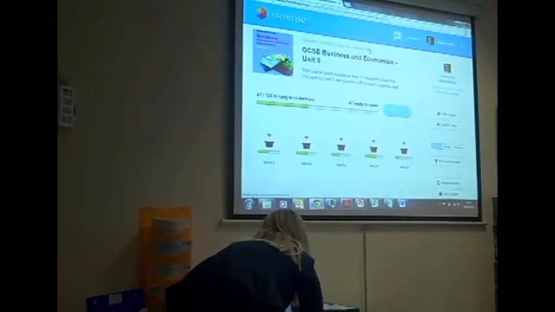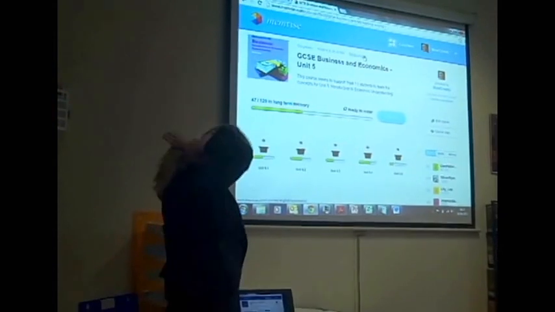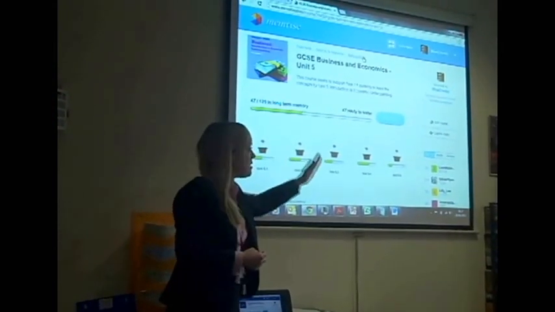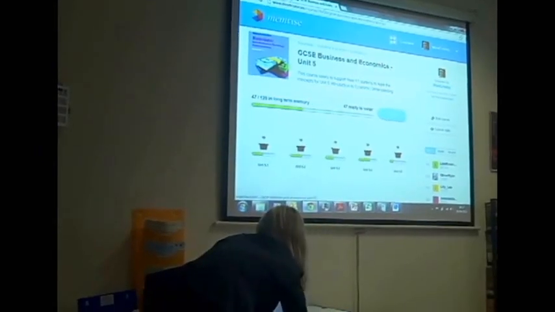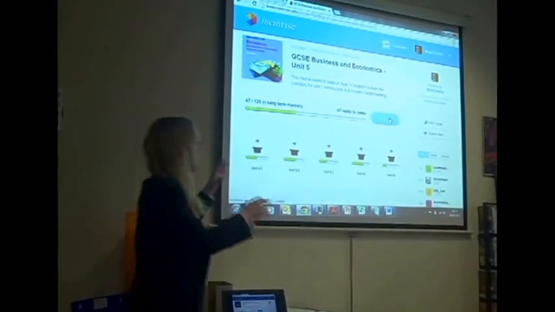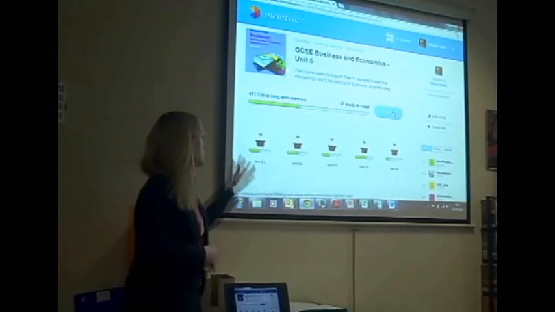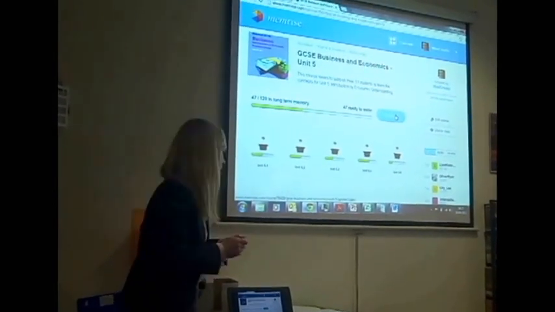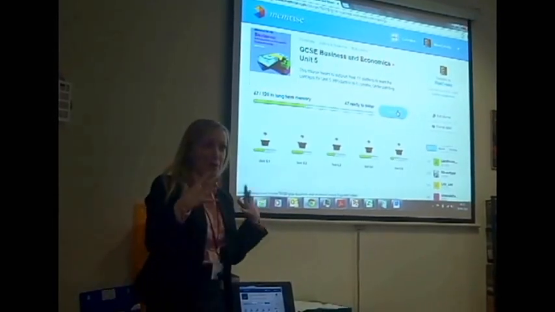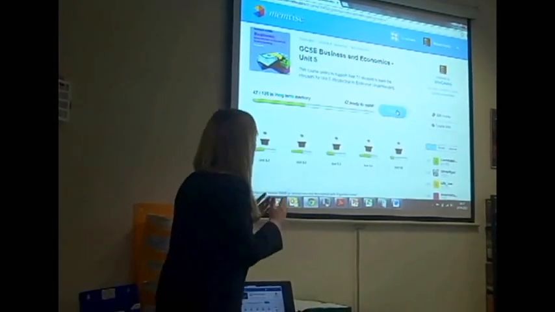Then if I go back to the home page, rather than focusing in on particular units and particular key terms, I can go to water all, which just, if I get the cursor there, will water everything that I've learnt across all the units, mix it all up, etc., and test me in that way. So obviously this does improve my knowledge as a teacher, it's quite key, but importantly